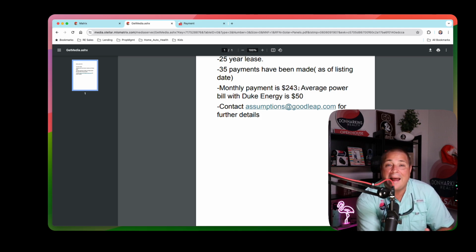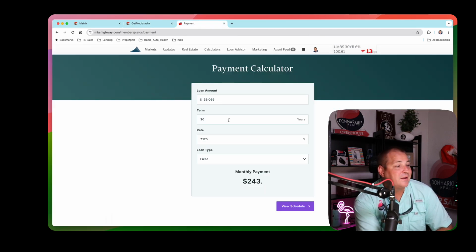But nonetheless, $243 a month is going to these leased solar panels. If that has to be counted in the liabilities and come out of the borrower's qualifying income, you can see here that the $243 monthly payment at a 7.125% interest rate removes $36,069 from the buyer's purchasing power. So what this does is it reduces your buyer pool as a seller, because now a buyer has to make more money and has to be able to qualify to take on more debt to be able to purchase your house. So at the end of the day, you're still paying $290 a month for your utility and your power,